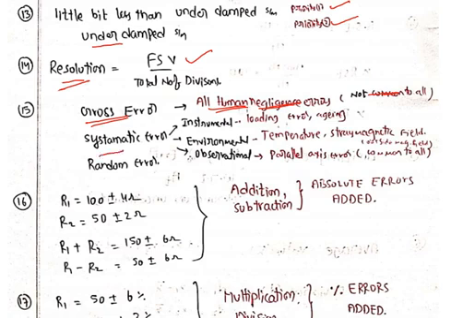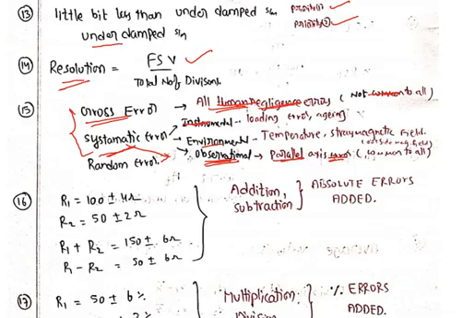Okay, systematic error. What is systematic error? Systematic error comes under instrument error, environmental and observational error. Previously I discussed gross error, that is human negligence error. For systematic error, observational error also comes under systematic error. Carefully, parallax error: when the needle is parallel to the meter, it may appear in a different way when we are looking from the left or right side. That is systematic error. And the next one, random error. These are the three errors present in measurements.